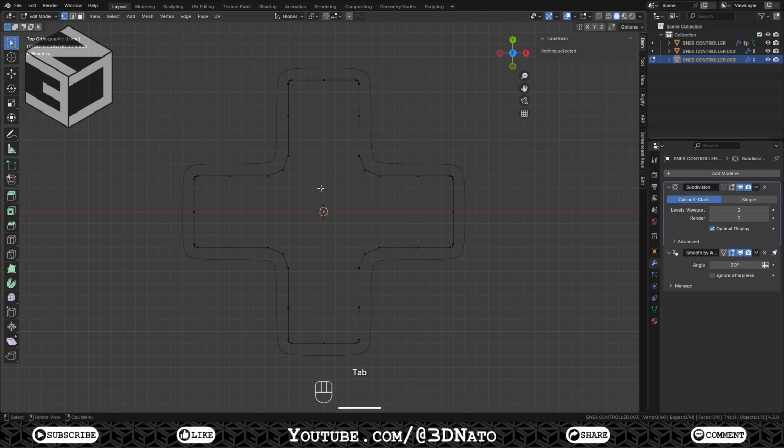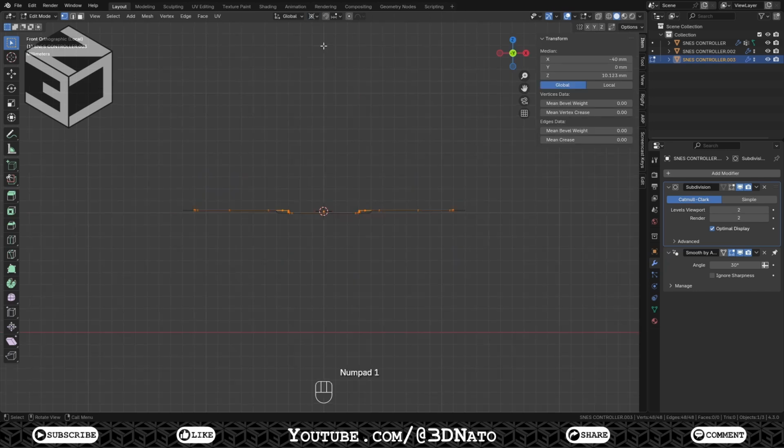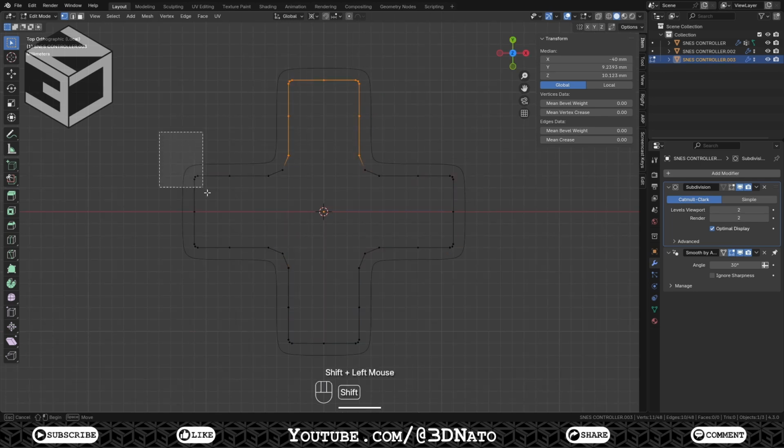Press Tab to go to Edit Mode, A to select All and change Transform Pivot Point to 3D Cursor. Press Numpad 1 to go to Front View, S to Scale, Z to Lock Axis, type 0 and enter to make it flat. Press Numpad 7 to go to Top View, select these 3 sides of the D-pad mesh, press